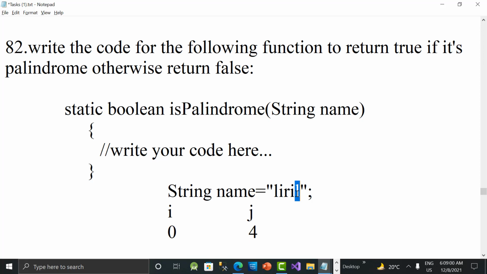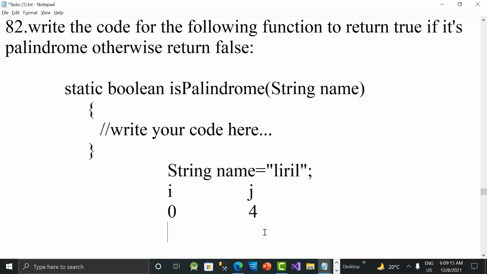How do we check, guys? We are taking the help of the charAt function. It checks the character at the ith position, that is 0, and the character at the jth position, that is 4. We are comparing i and j, and they are equal, so we go to the next iteration. In the next iteration we increase i, so i becomes 1, and j we decrease. So i is going in the forward direction and j is moving from the backward direction. We decrease 4 to 3. So we compare these two, both are equal, and again we continue.